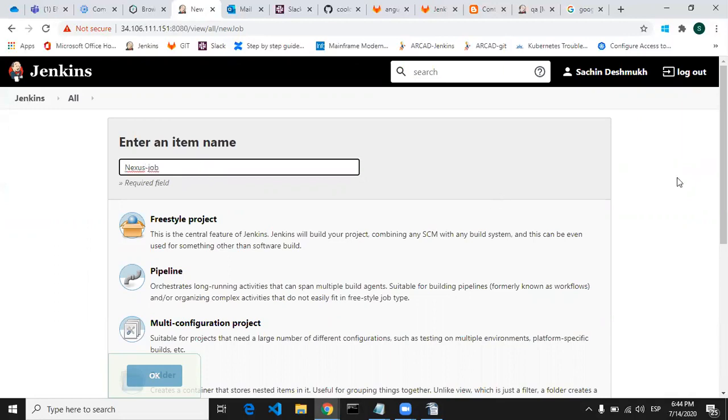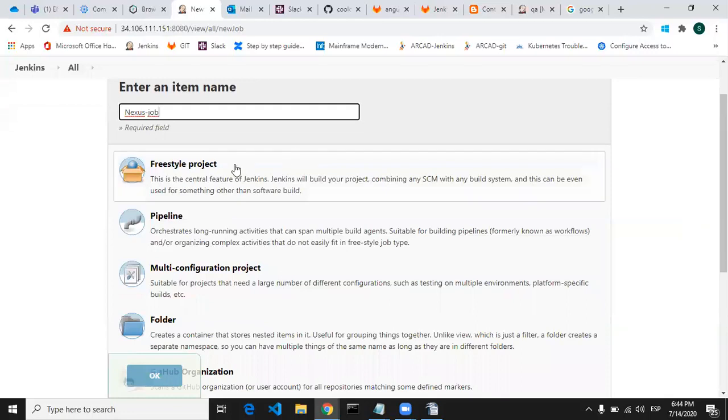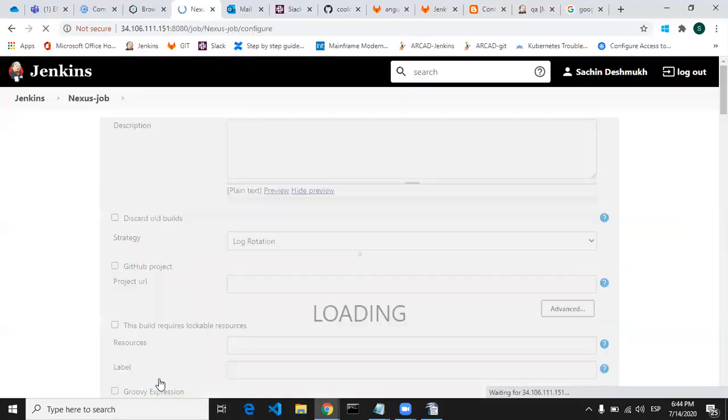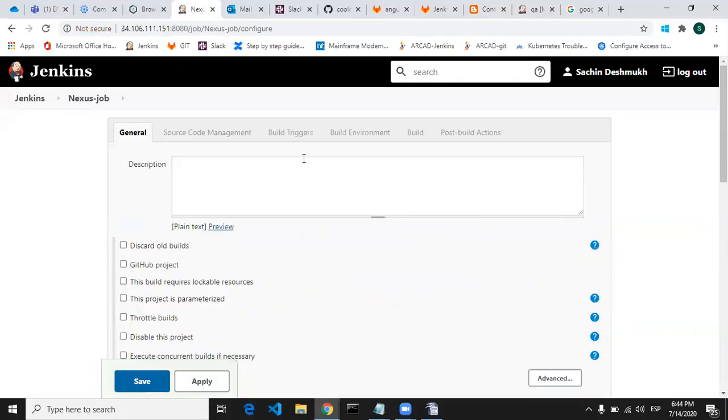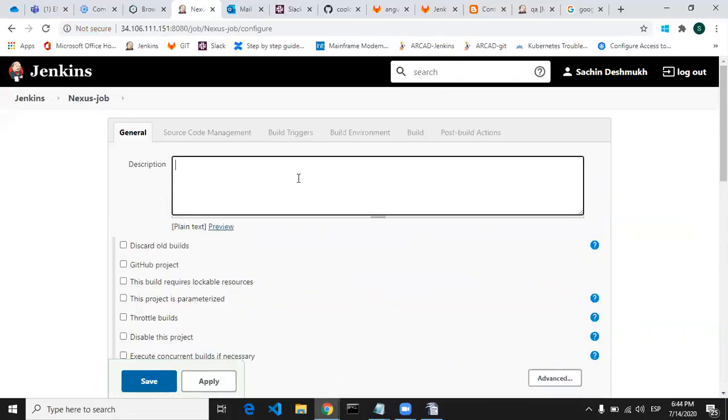I'm selecting the Freestyle project, click OK, and give some description, like continuous delivery and Nexus upload job.